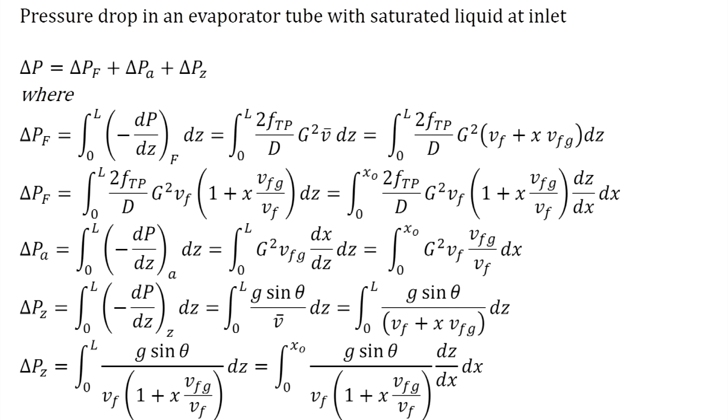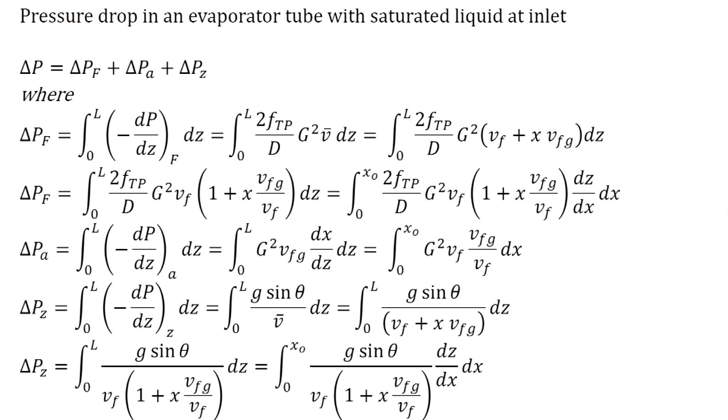and then we substitute the expression for the pressure gradient, and v bar is equal to v_f plus x v_fg. v_f and v_fg we will be assuming to be constant, but x is not constant in an evaporator tube, it changes from point to point. At the inlet x is equal to 0, at the outlet we have the maximum value, and in between there are intermediate values. So, we will have to do an integral.